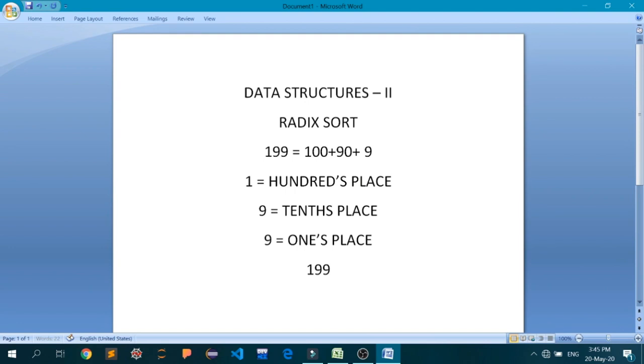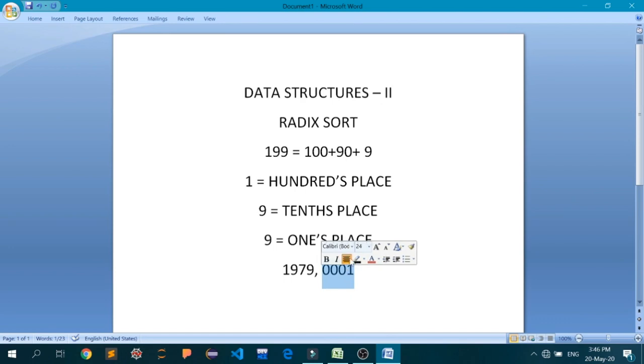What I'm trying to say here is, if the largest number in your array is, let's say, 1998 or 1979, then the counting sort will be first applied to the 1s place, the 10s place next, the 100s place next, and the 1000s place next. Let's suppose a question arises in your mind that my array has something like 1 and 1979. You can assume that this is also a legal 1.